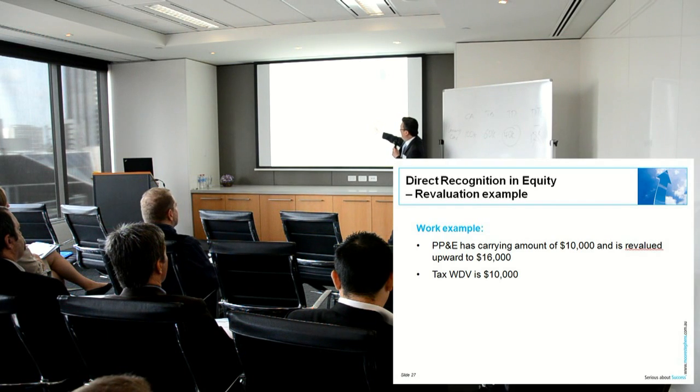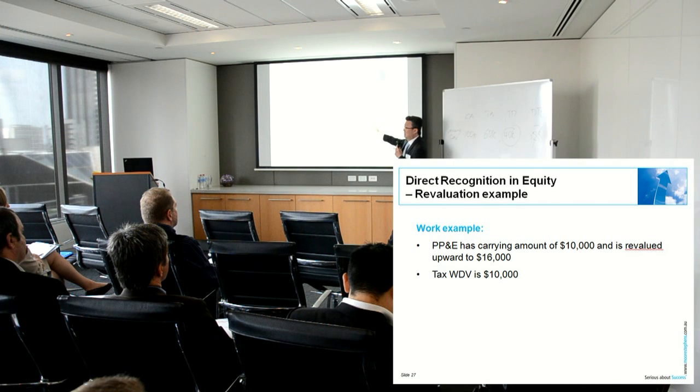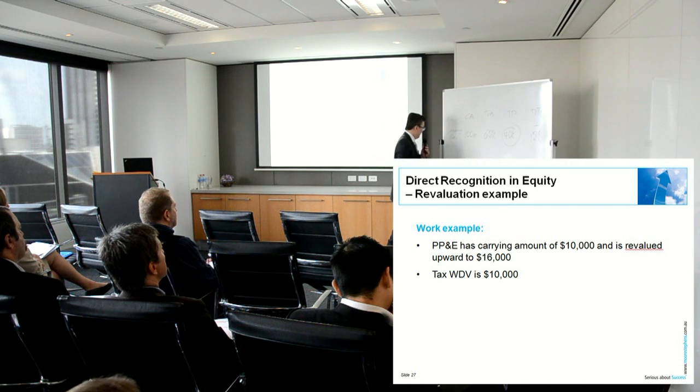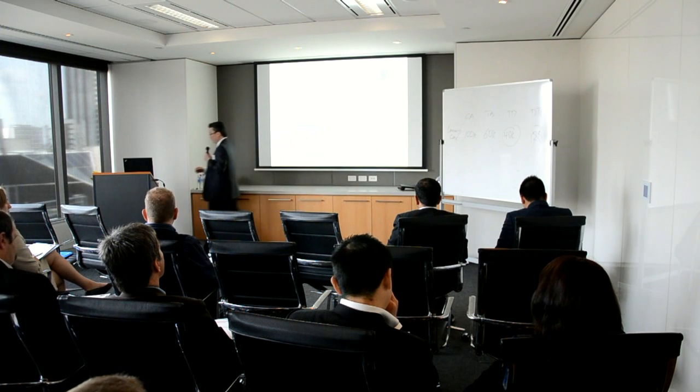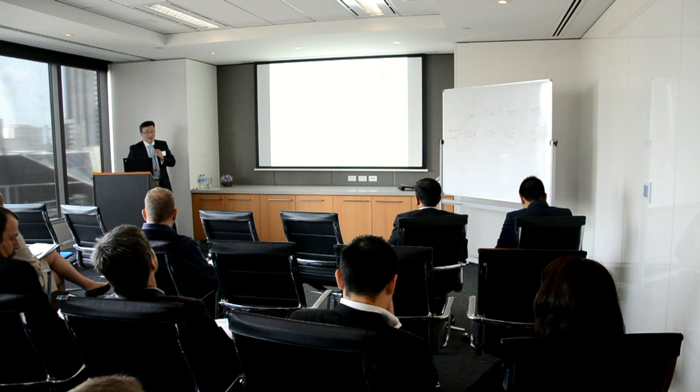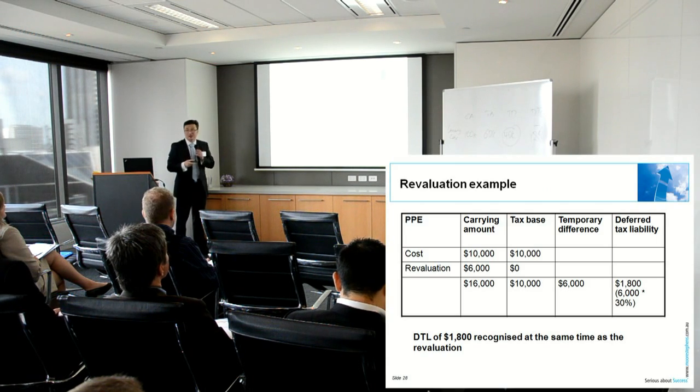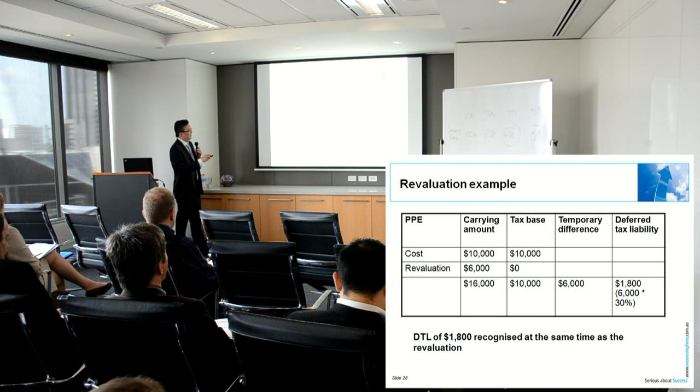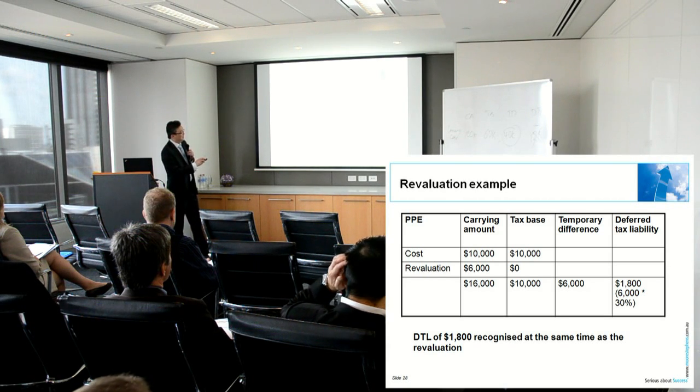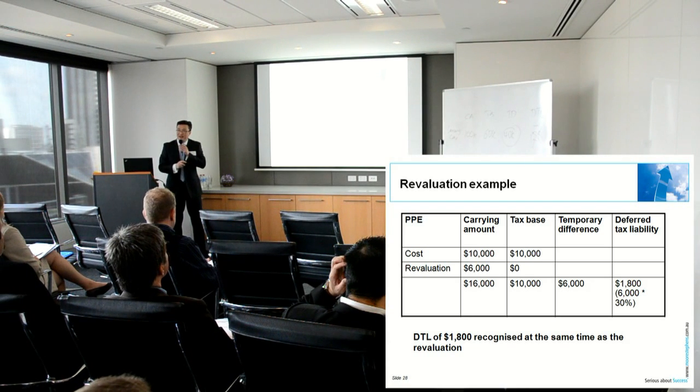We have a property, plant, and equipment with a carrying amount of 10,000, and it's revalued upwards to 16,000. Okay, and the tax written down value equals the carrying amount of $10,000. So let's firstly calculate what the DTL is. We had a carrying amount starting with 10,000, so there weren't any differences there between accounting and tax. But once we revalued that asset, that doesn't do anything to our tax base. So tax base stays at 10,000. So we've got a difference between the carrying amount and the tax base of 6,000, giving us a deferred tax liability of